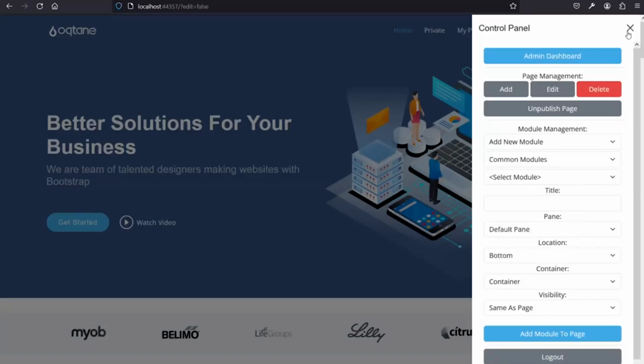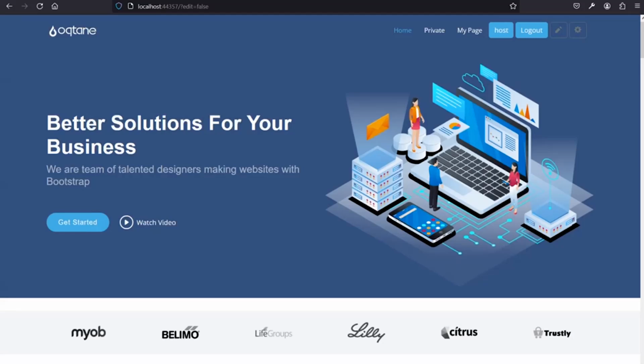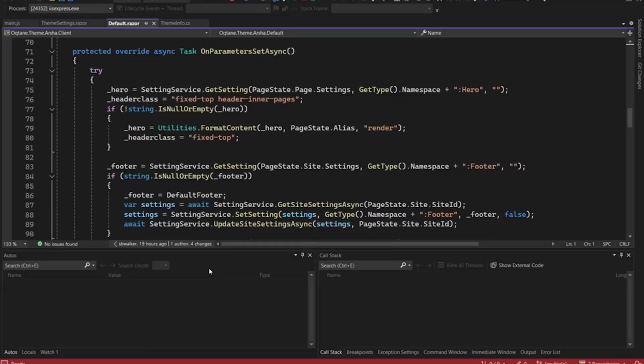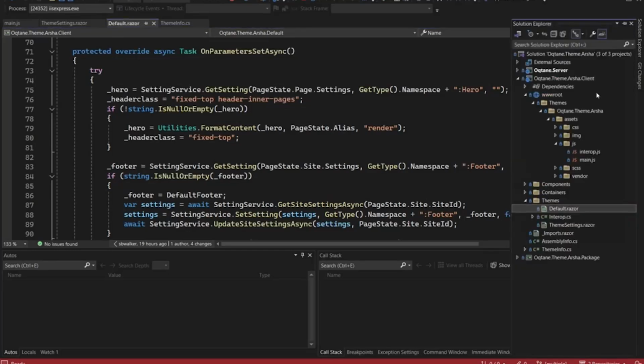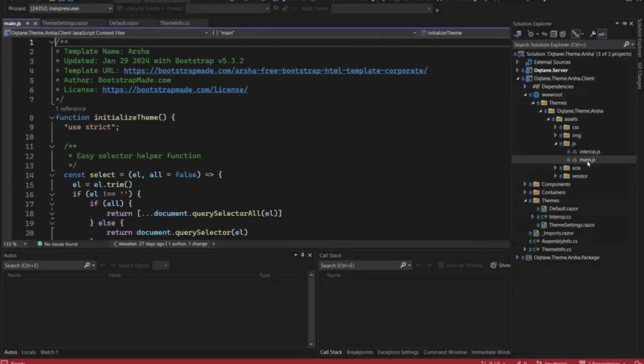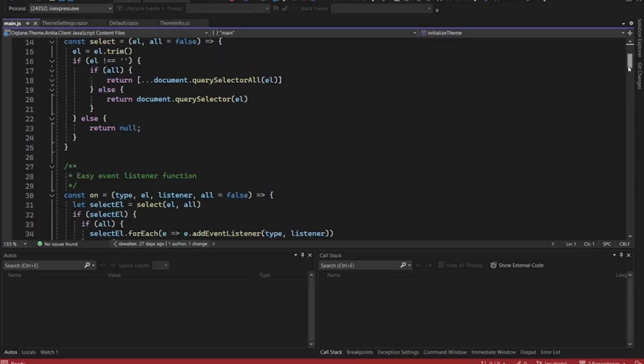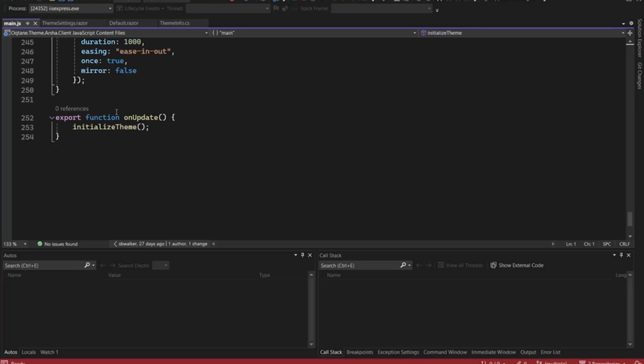One of the things that is a little bit more difficult to achieve with interactive Blazor, and I'm going to go back to Visual Studio for a moment. For JavaScript, I basically took the JavaScript file that was part of the Arsha template provided from Bootstrap Made. All I had to do was include this export function for onUpdate. This is actually using that open source project from McKinnon Buck